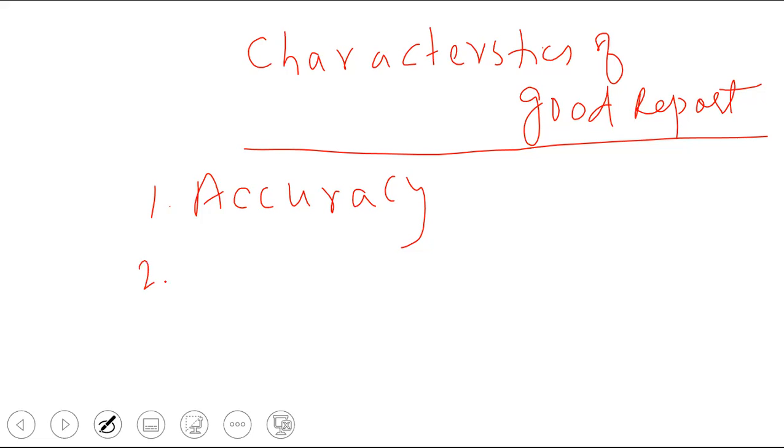Second is देखो clarity. Accuracy and clarity में क्या difference है? Clarity means clear. You should know how to write it. Some people are very good in investigating, लेकिन language is very poor. So जो लिखता है वो clear ही नहीं है. Accuracy क्या है? आपका findings. Your findings should be accurate. Clarity means आप जो लिखता है it should be crystal clear.